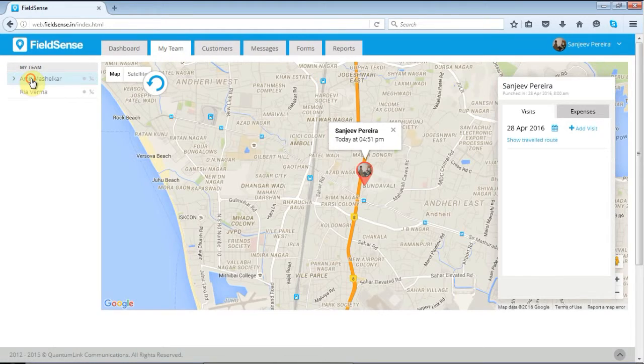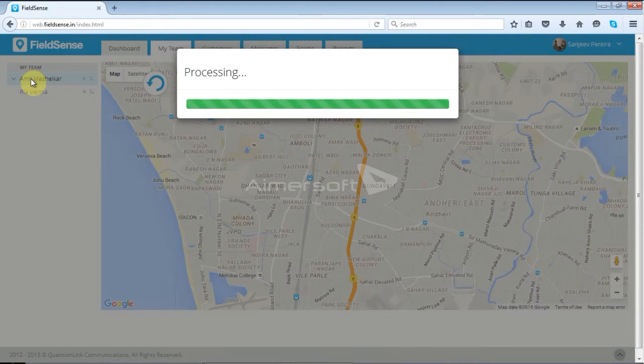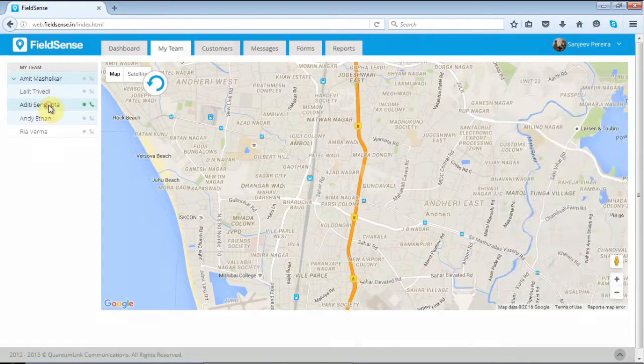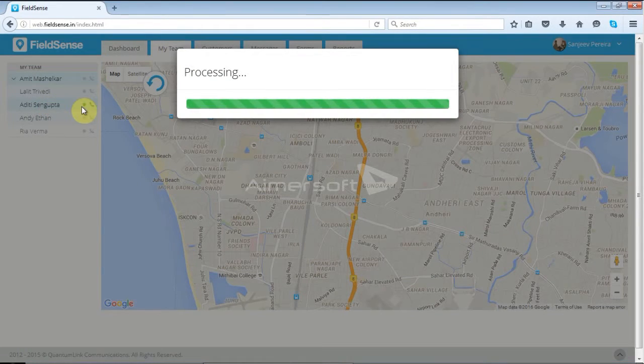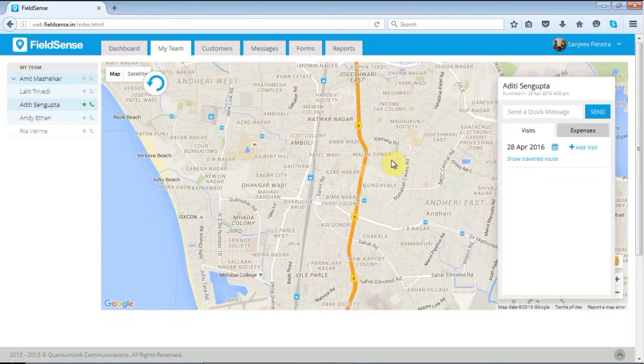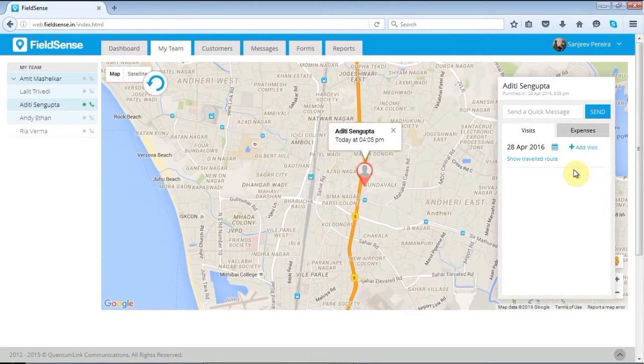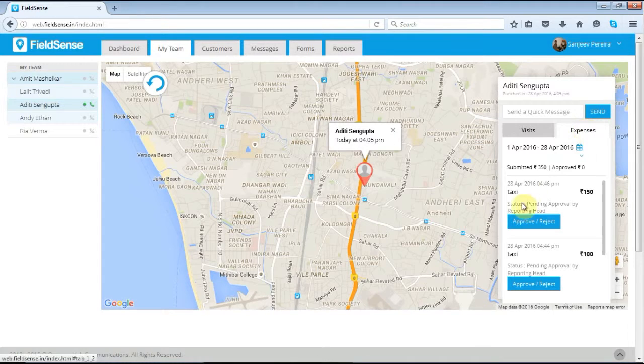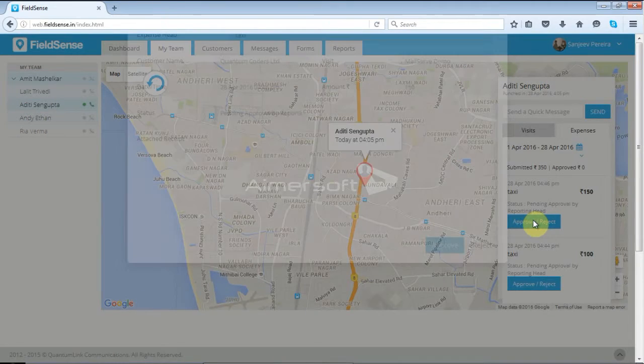So let's select the user. Here under expenses, you have to go over there and select the expense that has to be accepted or rejected. You can see that the taxi fare has been uploaded, so I'll just click on approve.